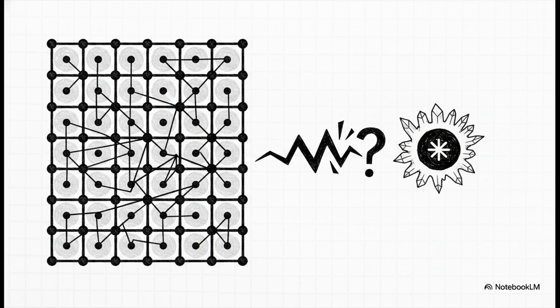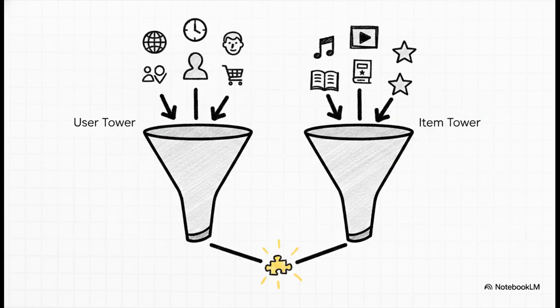Because the new item has 0 interactions. To the math, it's basically invisible. It's like a ghost in the machine. So to solve this cold start problem and make recommendations vastly more relevant, modern systems get a huge upgrade to